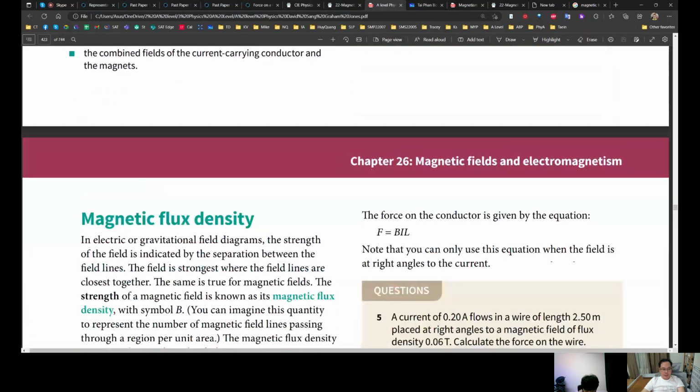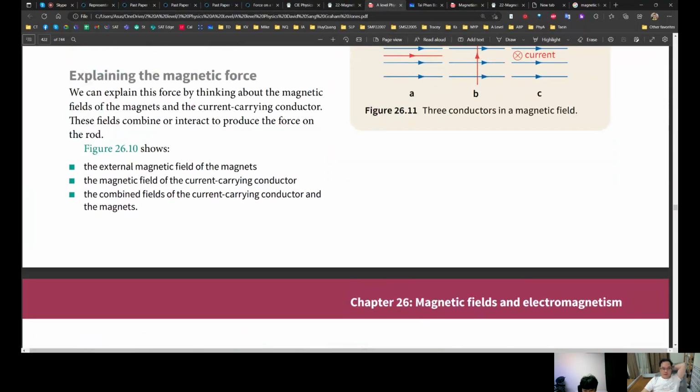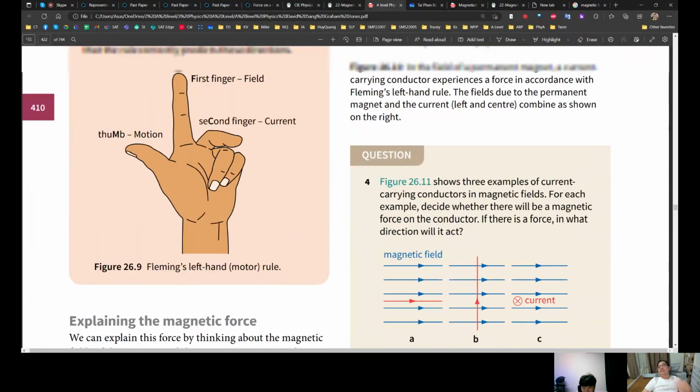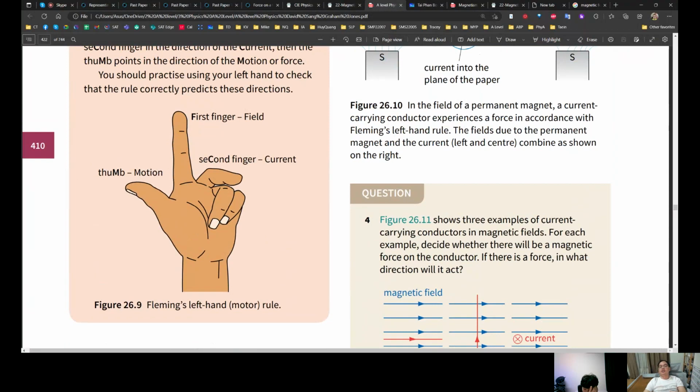Explaining the magnetic force. We can explain this force by thinking about the magnetic fields of the magnet and the current carrying conductor. When the charge moves, forming an electric current, the movement of those charges will generate a magnetic field, as we already know from the beginning of this chapter. A current, a flow of charge, can generate a magnetic field, and this magnetic field interacts with the magnetic field of the magnet, an external magnetic field, like the interaction between two magnets. And therefore